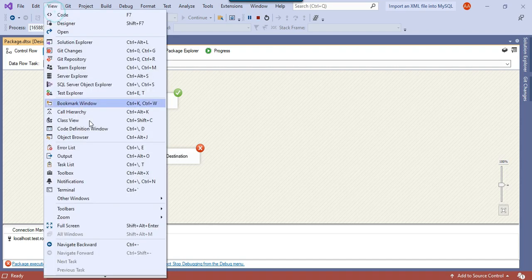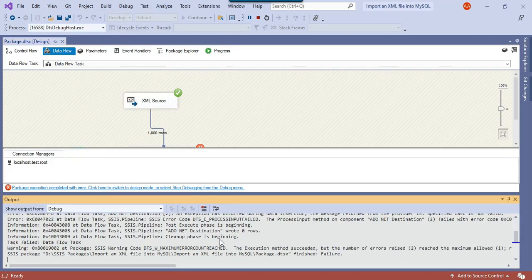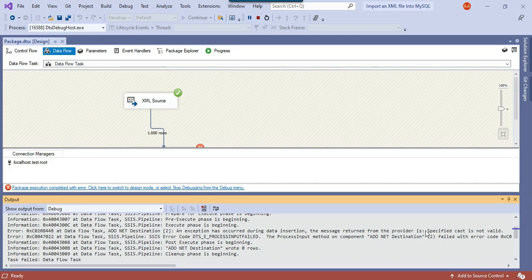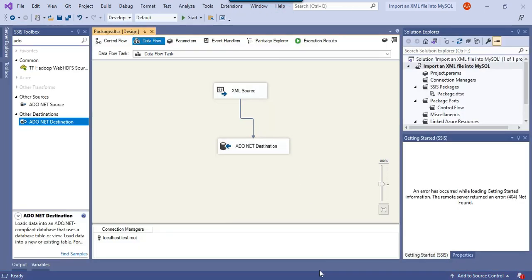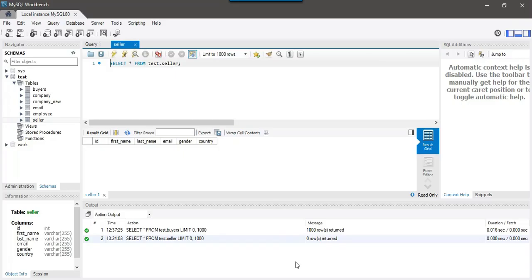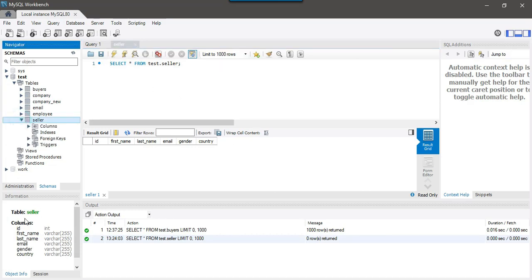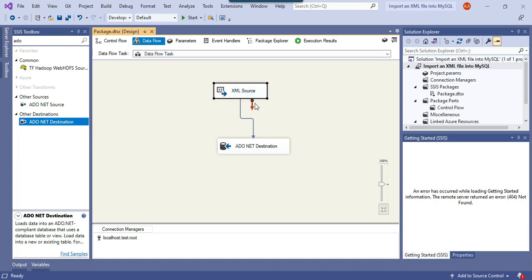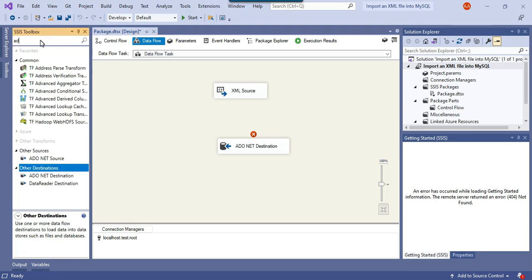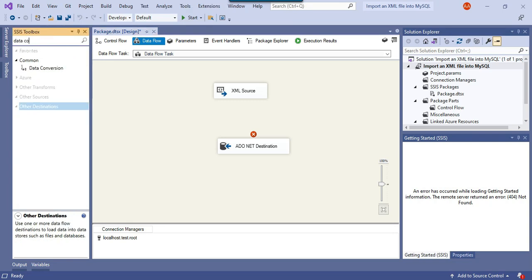So this failed. I can see what the error is. It is saying that the specified cast is not valid. Okay, so I think this might be failing because in the seller table the ID is of integer type, and I think by default the XML source might be returning the column value as varchar. So I can use a data conversion task here. Let me drag and drop the data conversion task here,